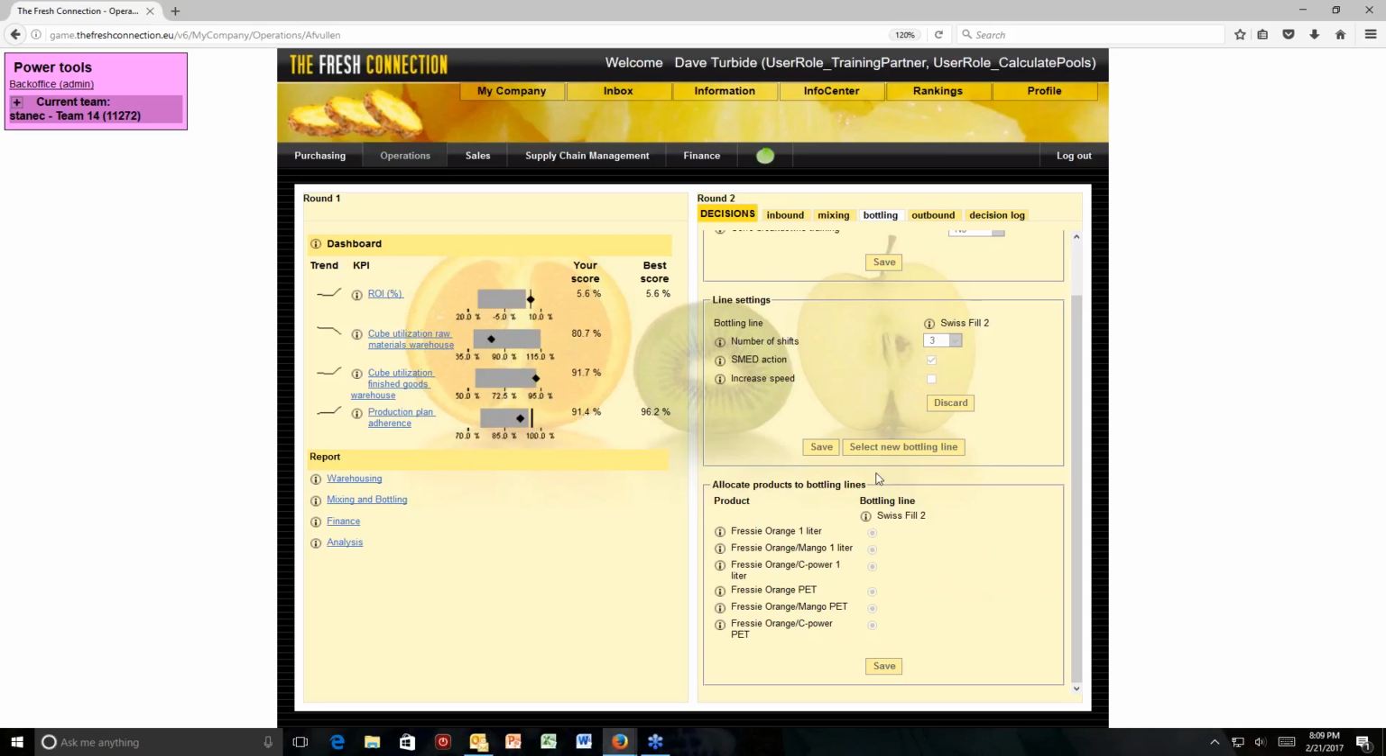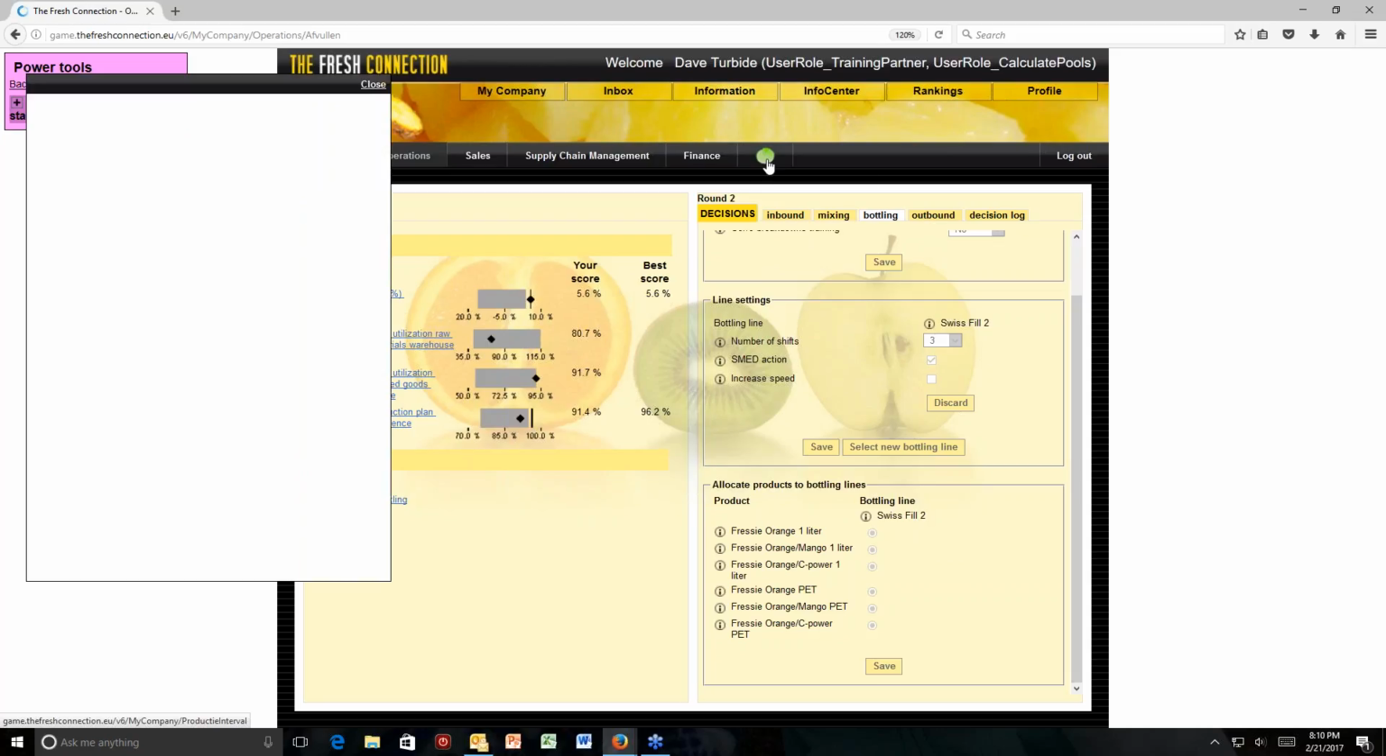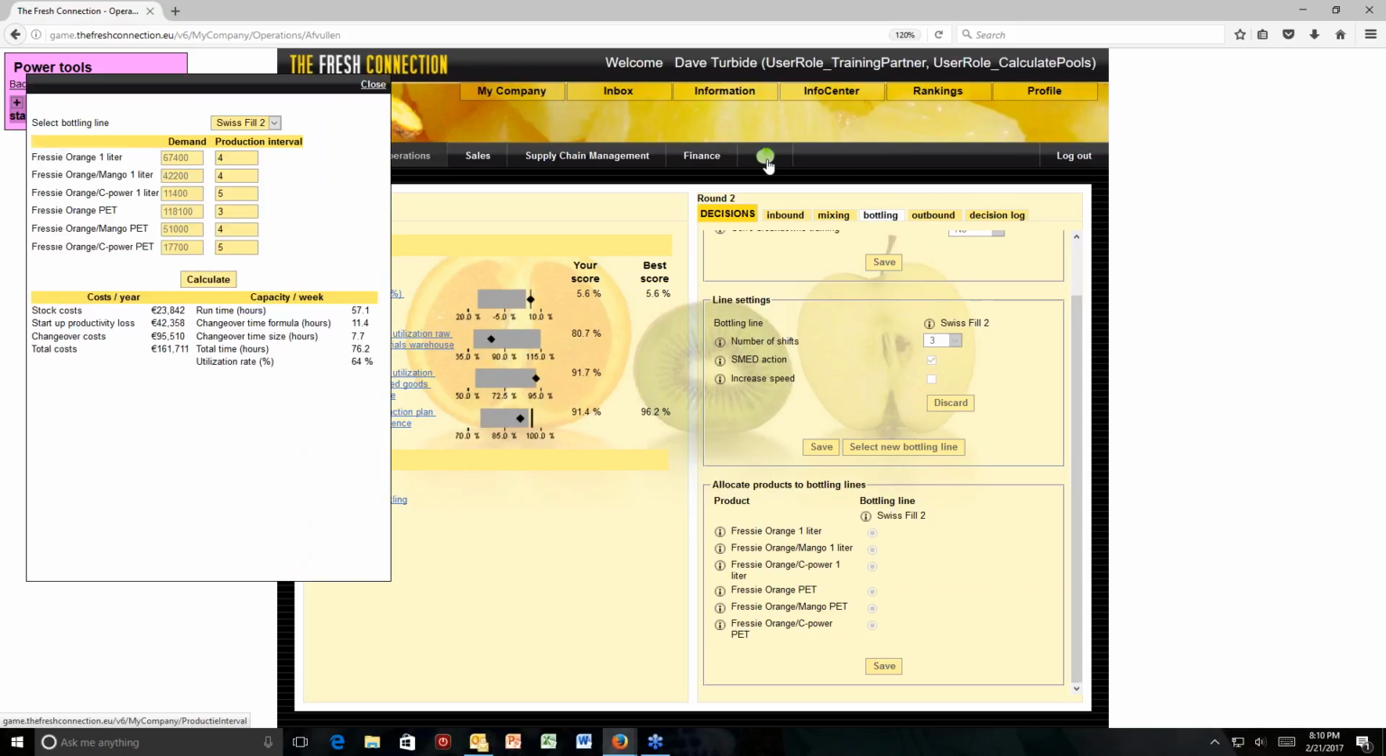Now, one other thing I need to show you here is this little green ball that's up on this upper menu where it says Purchasing, Operations, Sales, Supply Chain, Finance. That little green ball, that is a simulator within the simulator. Okay, it's called a production interval tool. And what it does is allow you to put in your